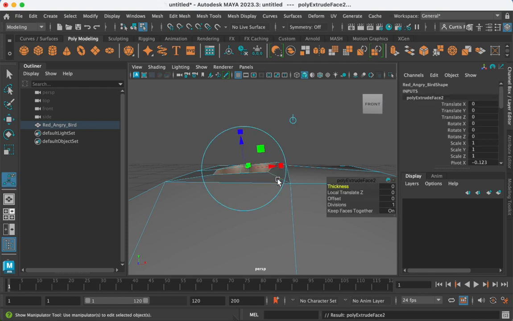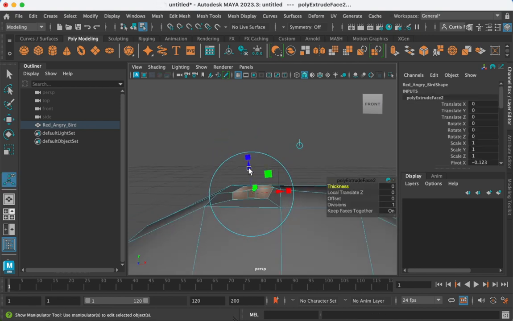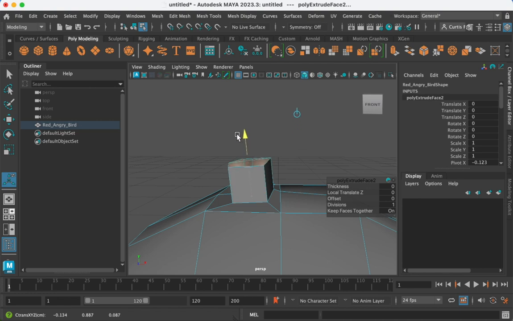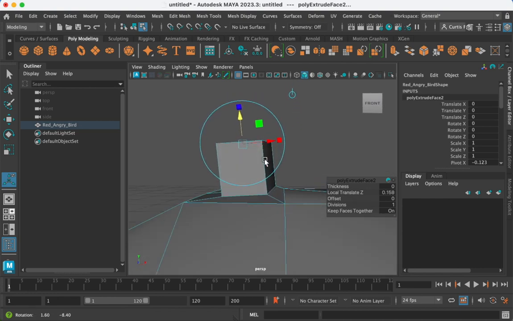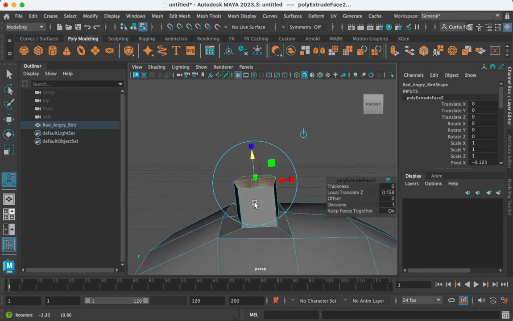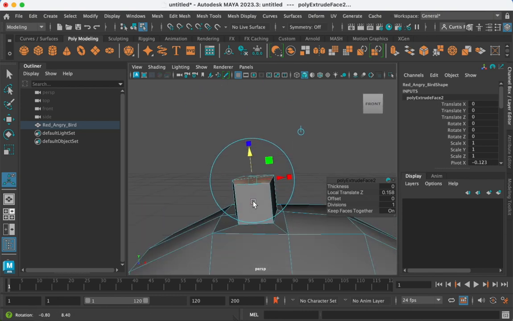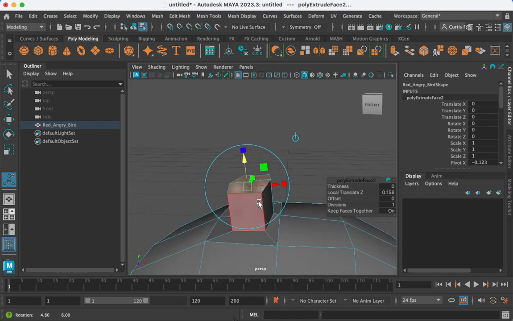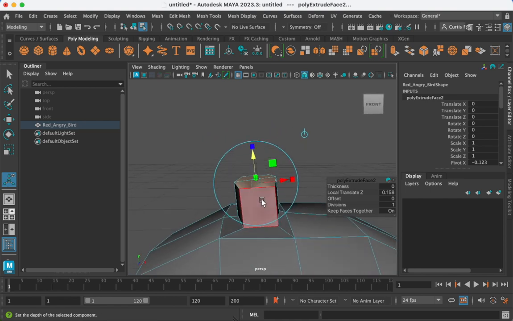So I'm going to do an extrude again. So Command E, bring this new piece up. Okay, and then if you notice, it's kind of like a building. Yeah, so not the best looking thing out there. But after I bring it up a little bit, I can go into my rotate